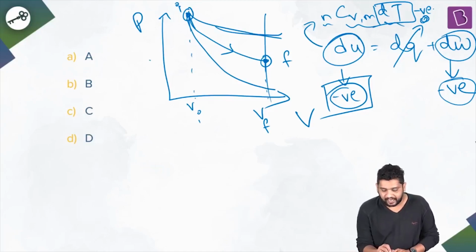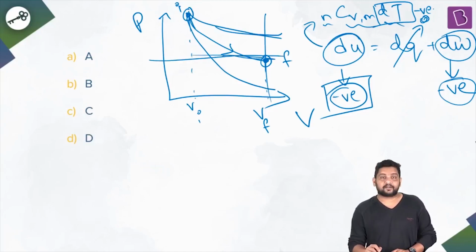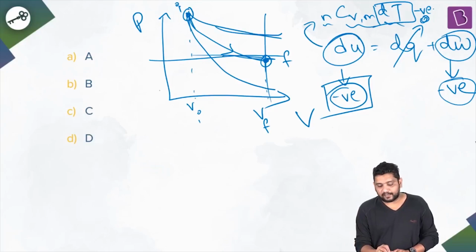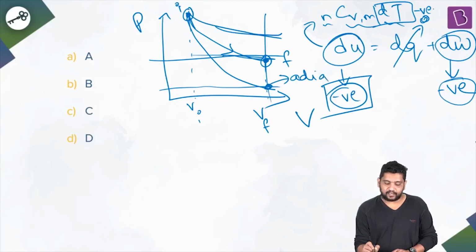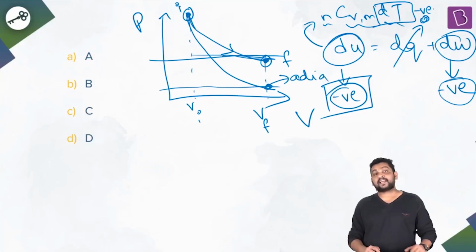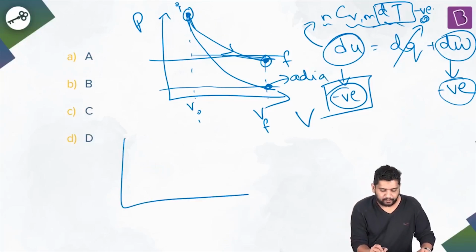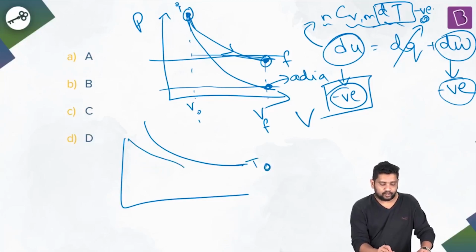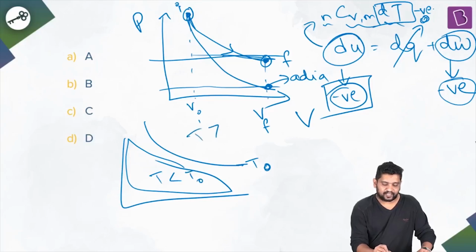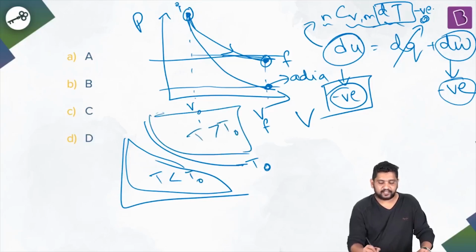So when I'm looking at the isothermal endpoint, this was my isothermal endpoint, pressure is higher. Since adiabatically temperature is lower, obviously pressure also has to be lower. So this is going to be my adiabatic endpoint and not this one, right? So basically the idea is that temperature is reducing. You can also remember it like this: whenever you have an isotherm at, let's say, some temperature T0, all the points lying below the isotherm are at a temperature less than T0, and all the points lying above the isotherm are at a temperature greater than T0.